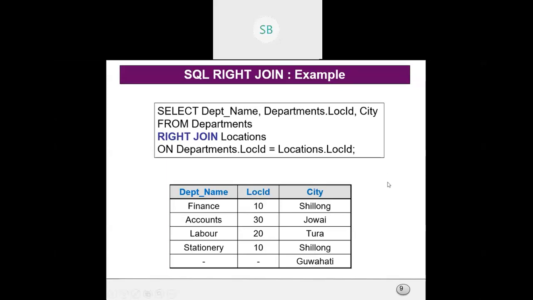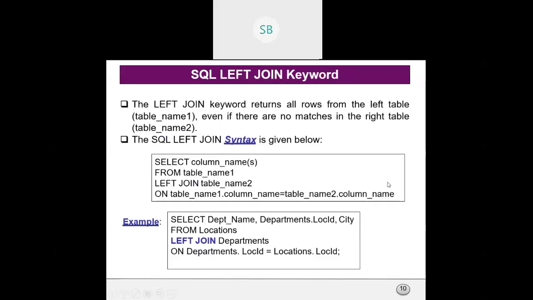Okay. So if most of the people are clear, let me move to the left join. Left join is the same thing as right join, but whatever rows are present in the left table will appear, even if there is no match in the right table. The syntax is the same, just instead of the right join part you need to write left join, and just see what the output will be.